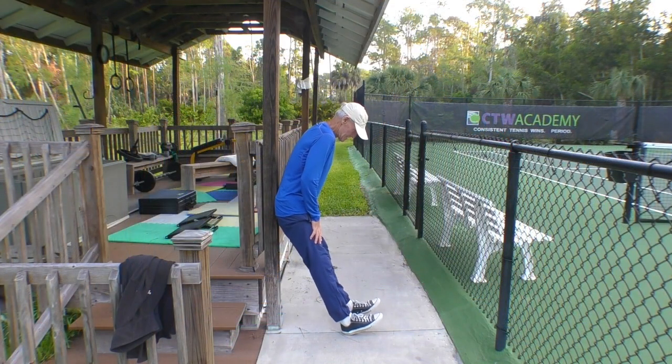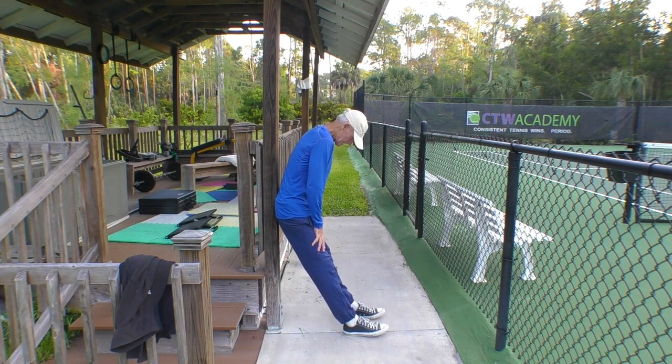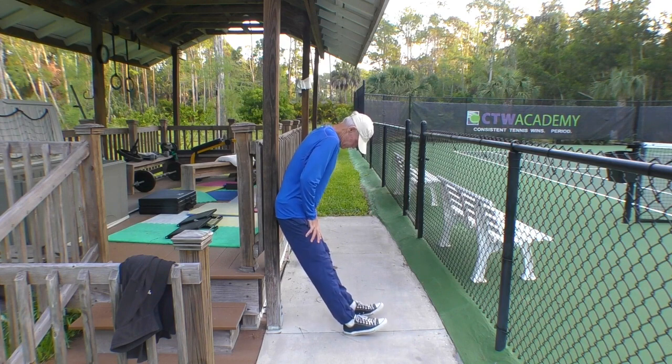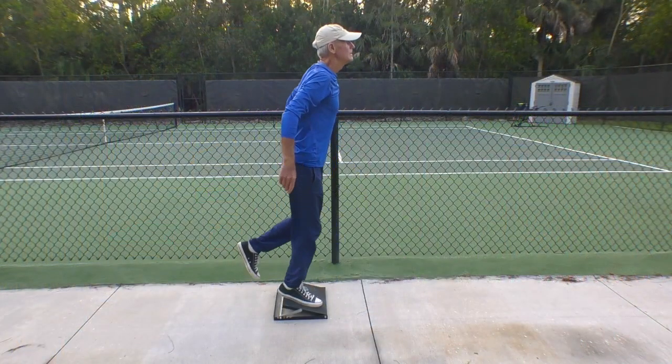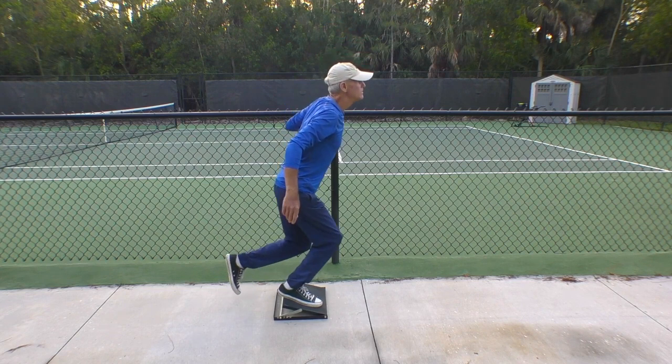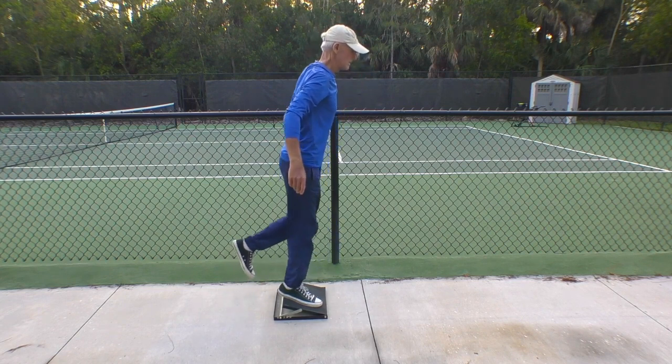Next exercise is tibialis raises. That muscle right next to your shin bone, very important muscle for stopping, jumping, that kind of thing. So tennis, stop and go, tibialis raises. Next one is a Poliquin pulse,